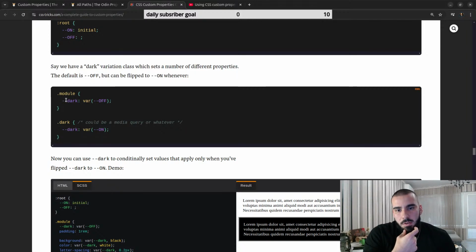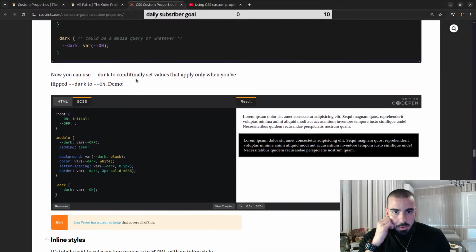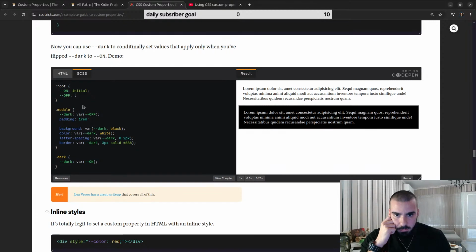So we have dark with a variable of off, and on the class of dark you set the variable to on. This could be a media query or whatever. Now you can use dark to conditionally set values that apply only when you flipped dark to on. And in this demo